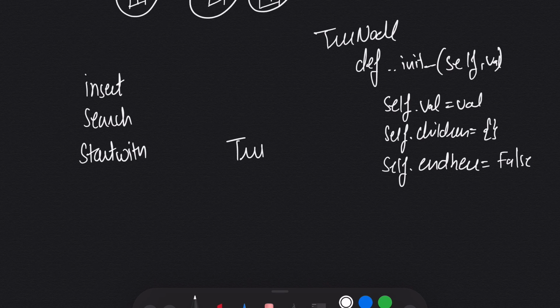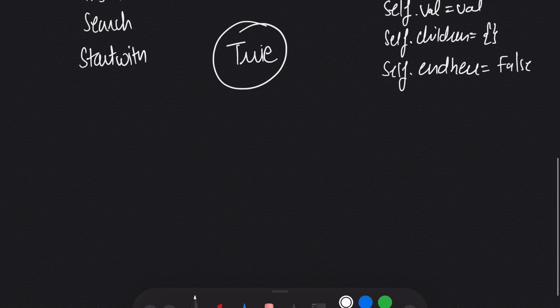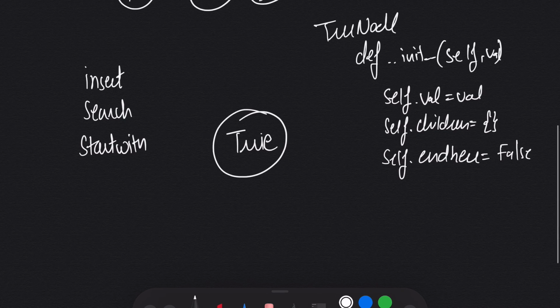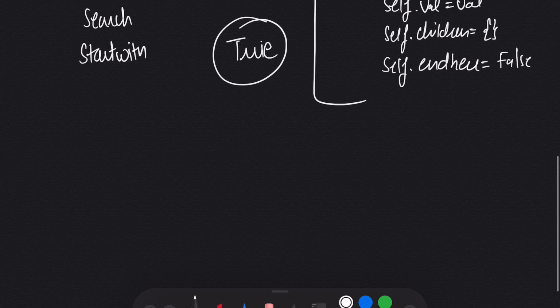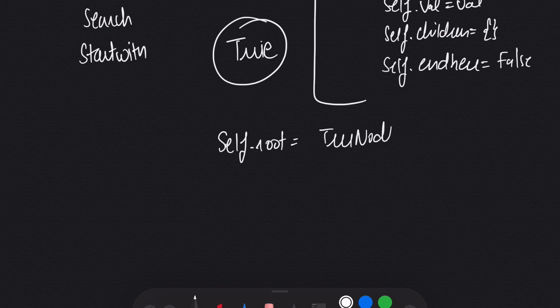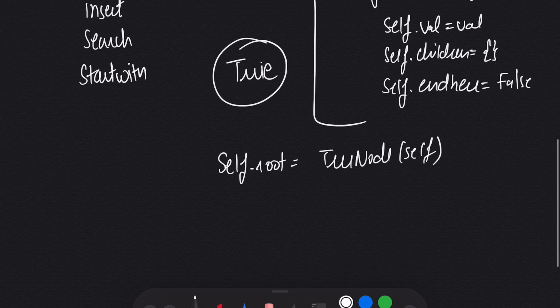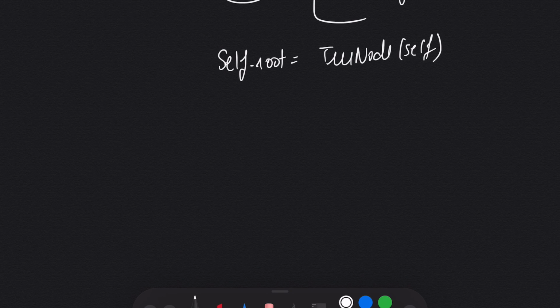Let's move on to our Trie class. In this, because we already have defined our tree node, we can use it. Our root will simply be a TreeNode, and for now, because we don't have any value, it will have an empty dictionary with the boolean value false. And if we come to our insert function,